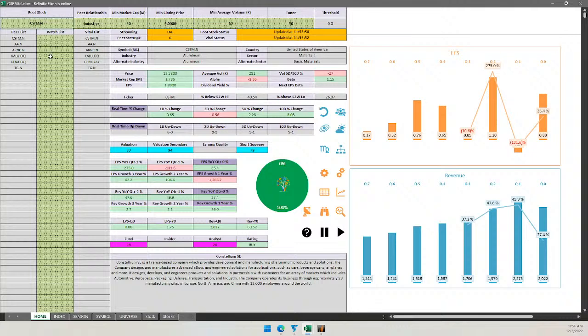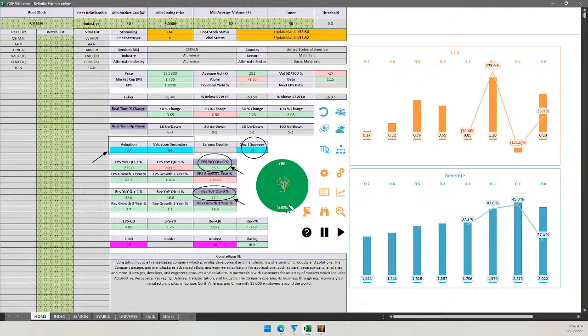Now I am looking at the fundamental scorecard of CSTM, and this is looking beautiful in terms of fundamentals. Undervalued stock, in whichever way you look at valuation or secondary valuation, has a high earnings growth. So it's not just 1 star, it is 3 star. 1 plus 1 becomes 3 in this case. And it has revenue growth also. So now it has become a diamond fundamental stock, bullish. It has a short squeeze potential as well, another reason to buy. So CSTM is fundamentally strong.